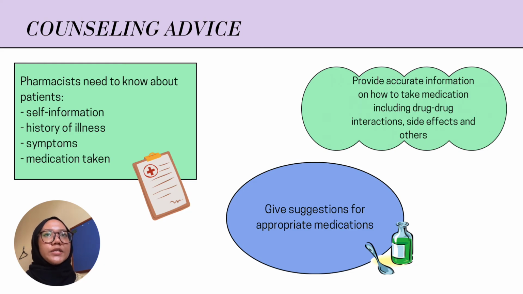The pharmacist should give suggestions for appropriate medication for their illness. For example, in the video, the pharmacist prescribed bromhexine to the kid and the elderly as they had been coughing continuously for a few days. Here we know that bromhexine can be used for both age categories, but different doses are needed. This is because inaccurate doses may lead to adverse effects, toxicity, or lack of clinical effectiveness. For example, the pharmacist gives 20 ml 3 times a day for the elderly and 5 ml 3 times a day for the kids. Measuring cups and syringes are also provided